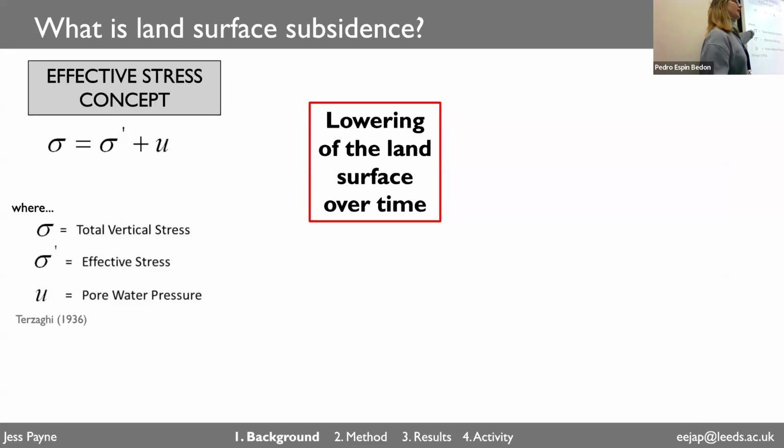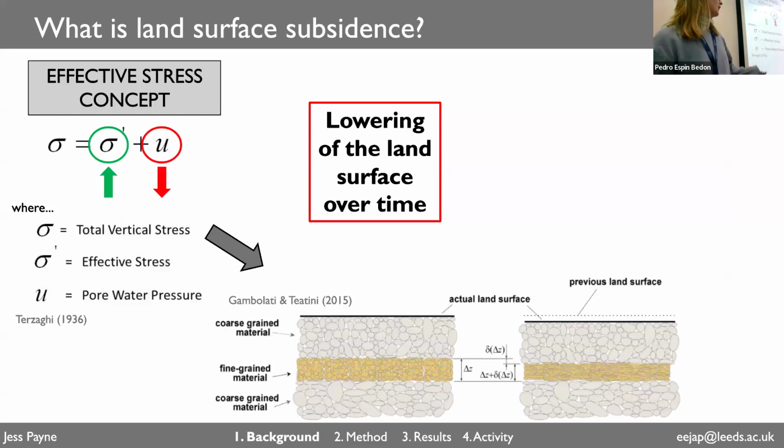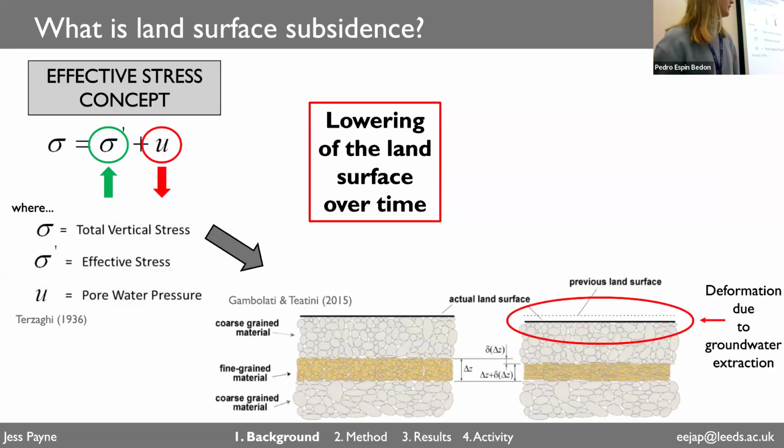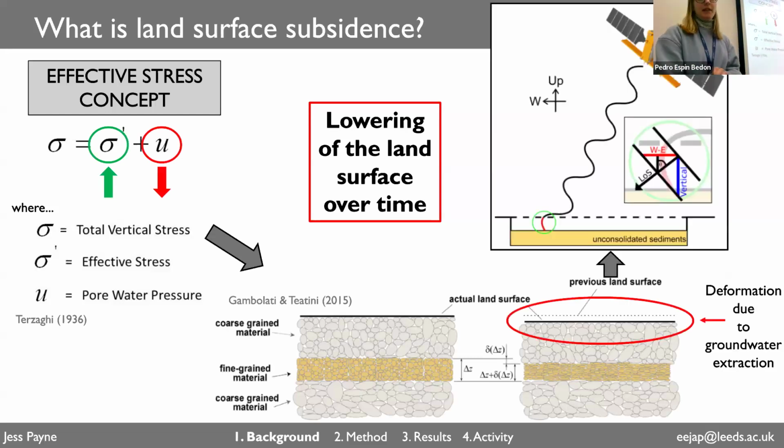They support the total vertical stress, so the load that's acting upon the aquifer, so the buildings and the sediments above it. But if we decrease the pore water pressure, because we're lowering that groundwater surface, the effective stress must increase. So the stress on the grains within the aquifer increases, which can cause them, as you can see in the shallow layer, to deform and compress. The pore space can become compressed as well, and that causes what we call sediment consolidation. That can cause land deformation at the surface, which we can see with satellites.